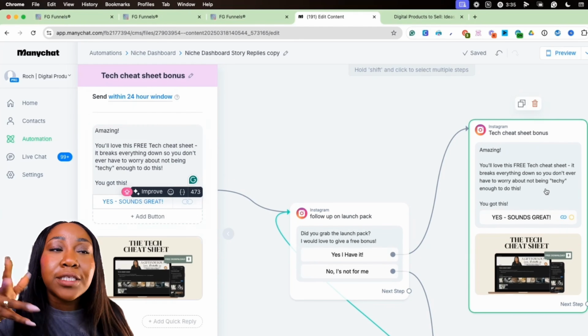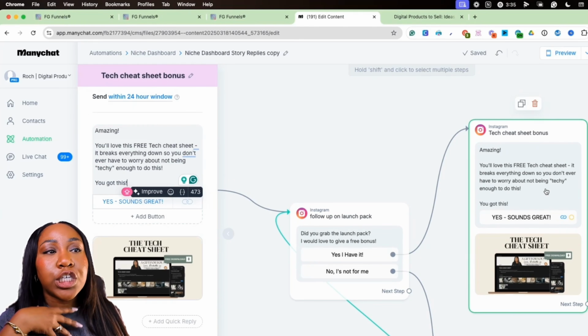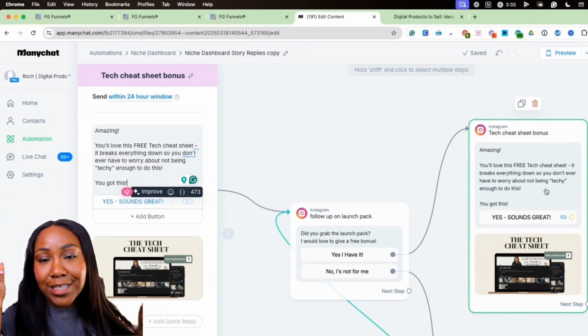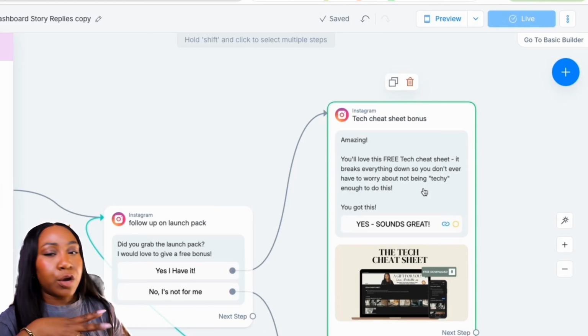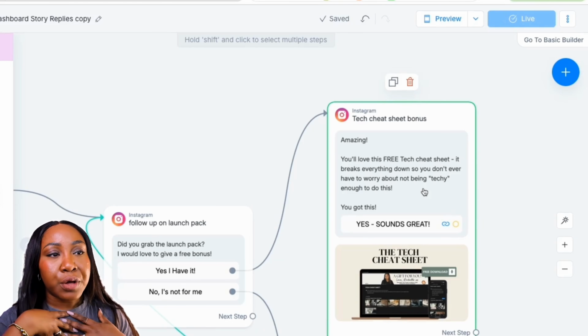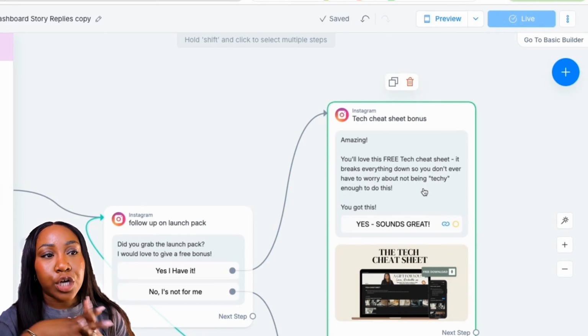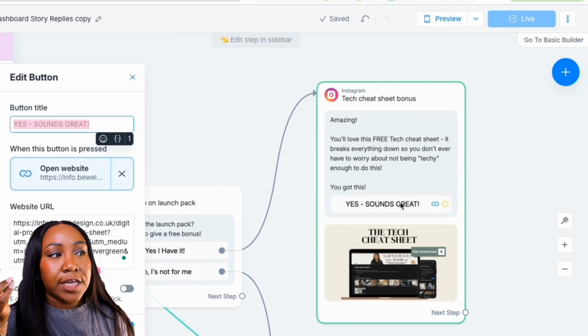I say, amazing, you're going to love this tech cheat sheet. It breaks down everything so you don't ever have to worry about not being techie enough to do this. I know this is an objection a lot of my customers have. They think they need some crazy tech skills and they really don't. I give them this bonus, they click sounds great, and then I take them to the page where they can